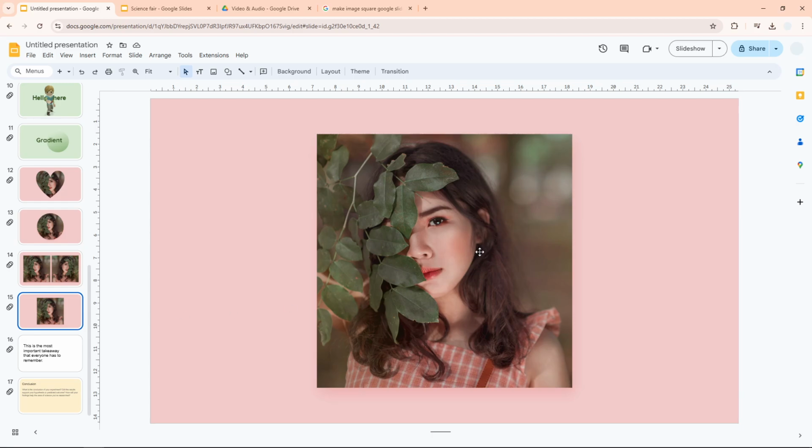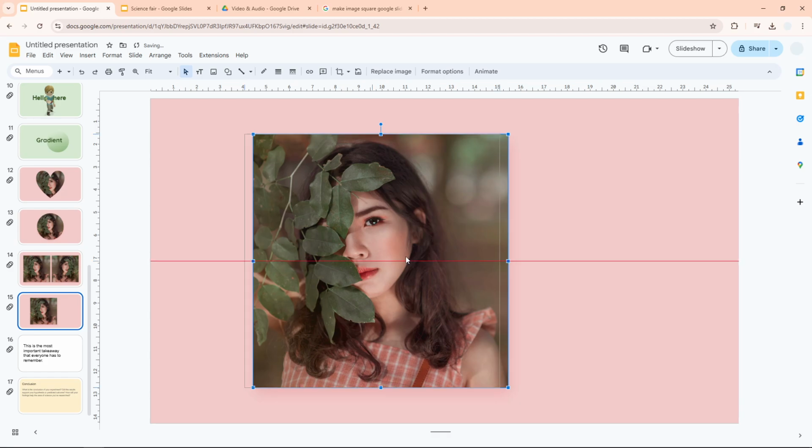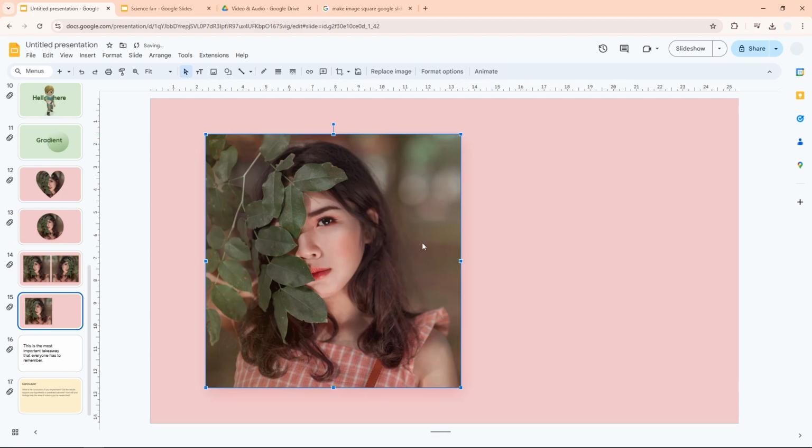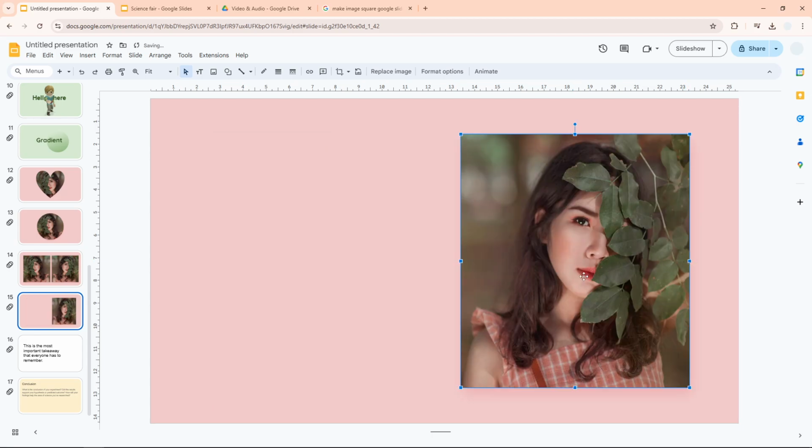The first method is not very good, but I think some of you might find it very practical. So what you need to do is give some space to the area where you want to flip the image, and then click on either the left or right anchor points and just move it around to the other side. Think roughly about this side, and there you have it. Now we have the flipped version of the image. Of course, it's not going to be perfect because we have to do it manually, and this is not my